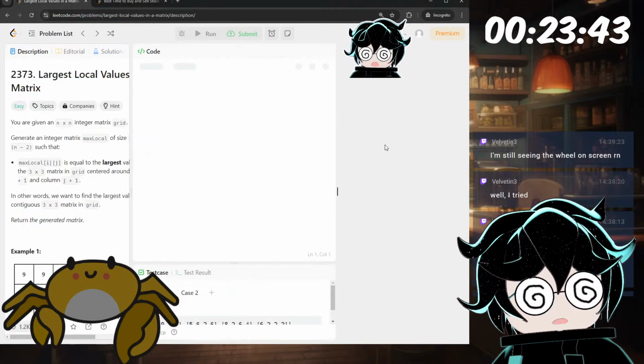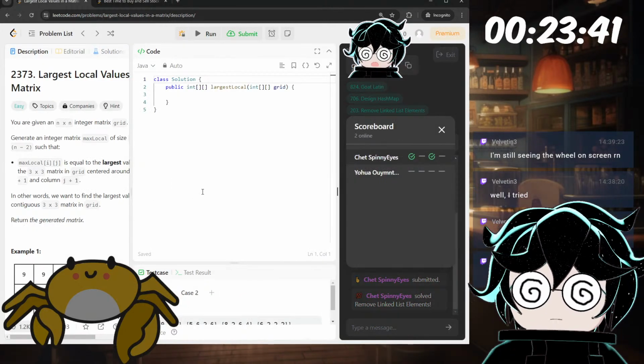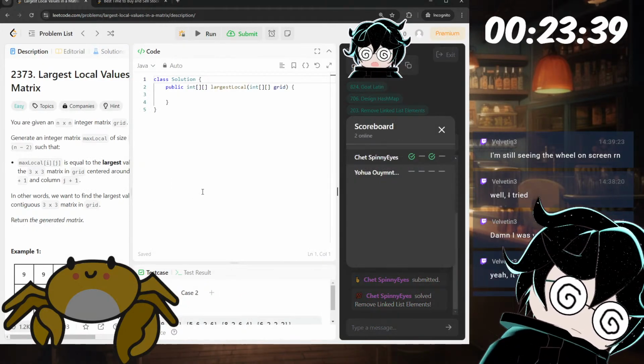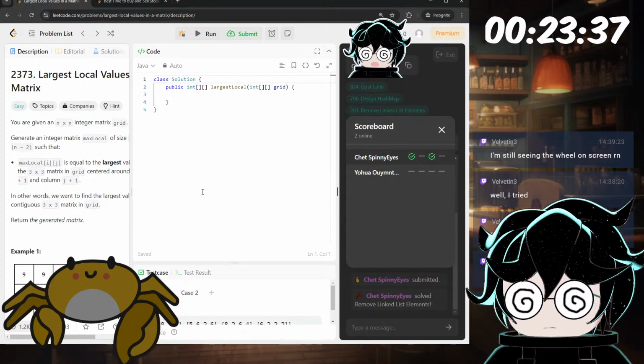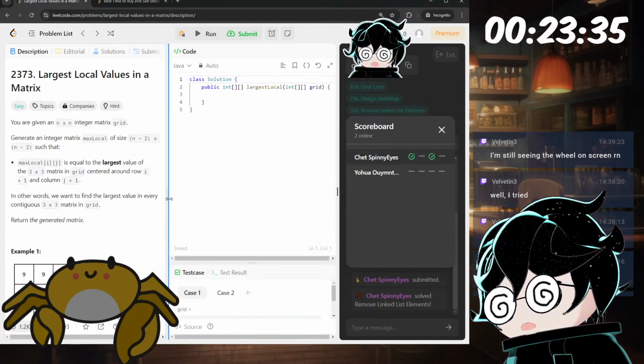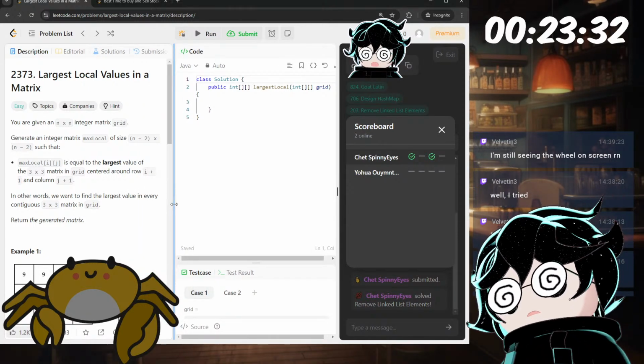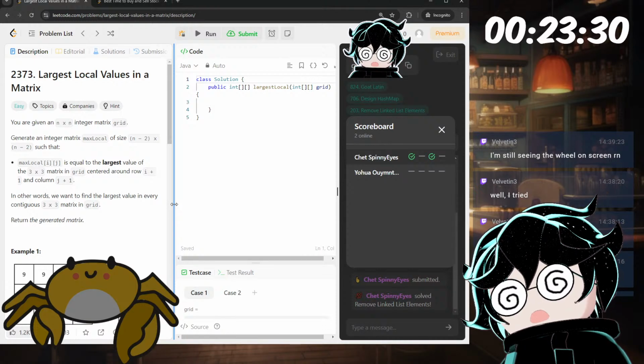Largest local values in the matrix. Okay, you're given an n by n integer matrix grid.